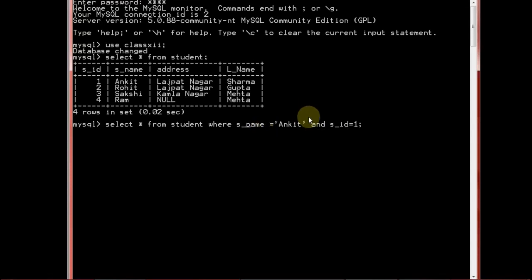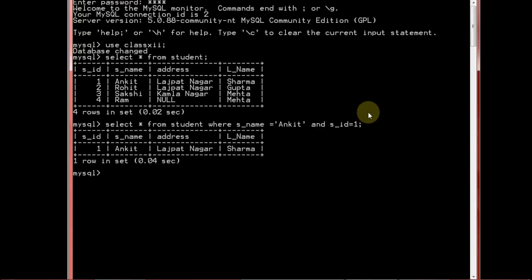This condition should be true and this condition should also be true. Now I am executing this query. See what result you are getting: ID 1, name Ankit, address Lajpat Nagar, and L name Sharma. L name is last name. This is the use of the AND condition.